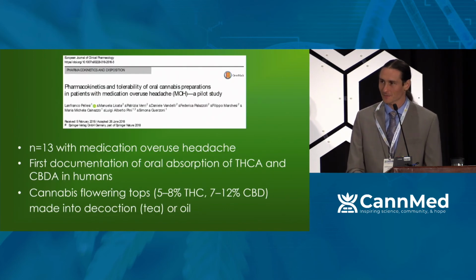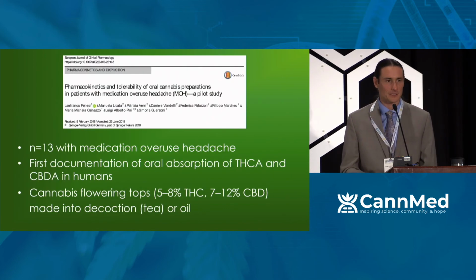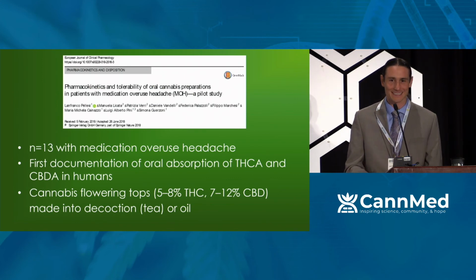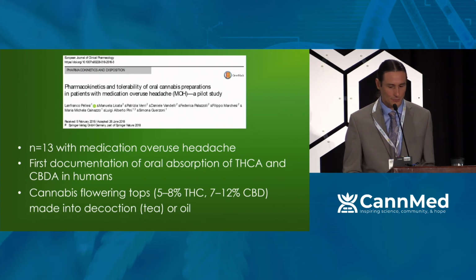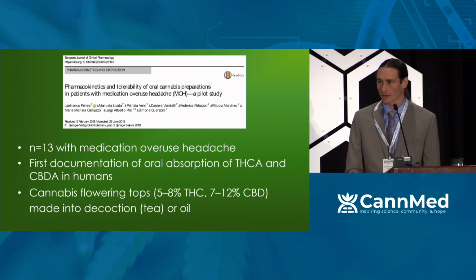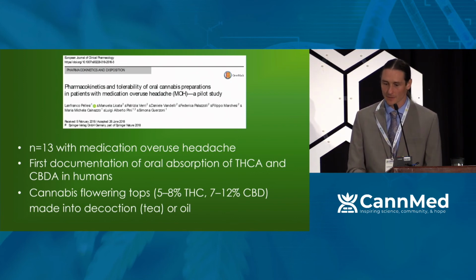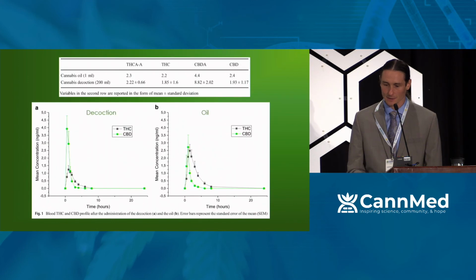So here's some pharmacokinetics published for the first time in the last year about the acidic cannabinoids. As you can imagine, I got very excited to see this. It confirmed what I was suspecting. So the acidic cannabinoids, having that carboxylic acid group on there, they are more hydrophilic. Right? They're a little more water soluble and maybe get better distributed in the body. So let's take a look at what happened here.